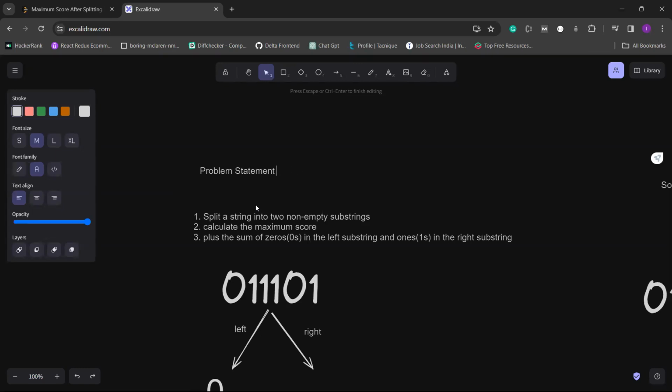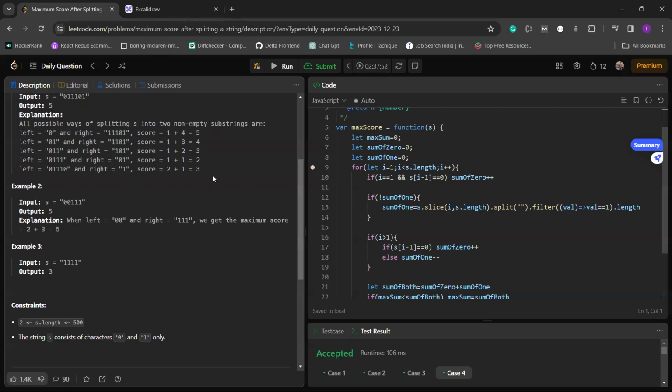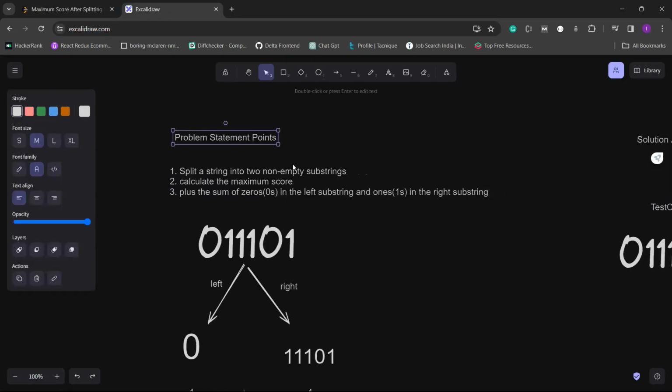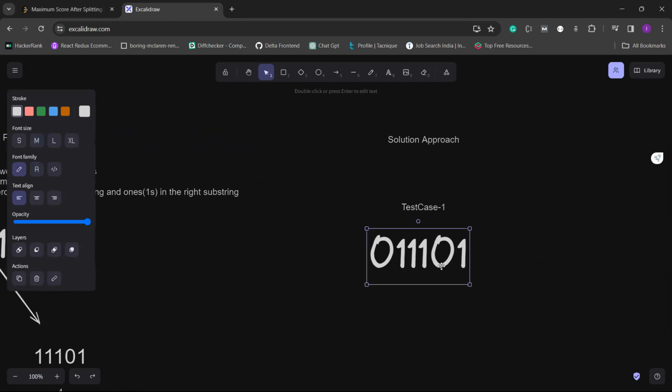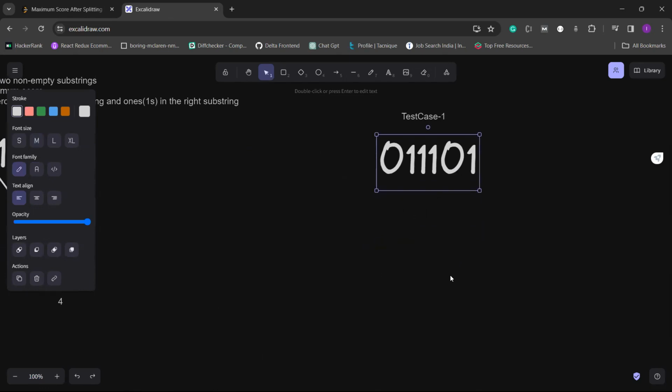Or else we can say points. We have just taken the points from the problem statement that we have understood, and noted them down here. So it will be easy to recall whenever you come back again after a long time. So let's write the solution approach. We picked one test case here. So now what we have to do is